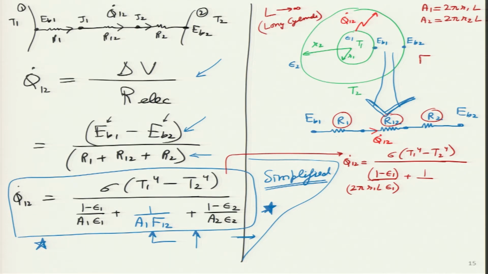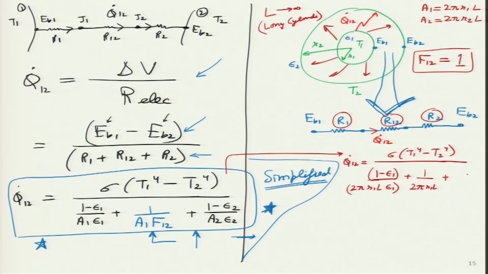So, I think we are all becoming very familiar with view factor. In this particular case, what is the view factor? View factor was the ratio of radiation emitted by surface 1 which is directly hitting surface 2, that is, the fraction of that surface. F 1 2 is going to be 1 because all the radiation from surface 1 is hitting surface 2, which means this is simply 1 by A 1. So, I get 2 pi r 1 L.